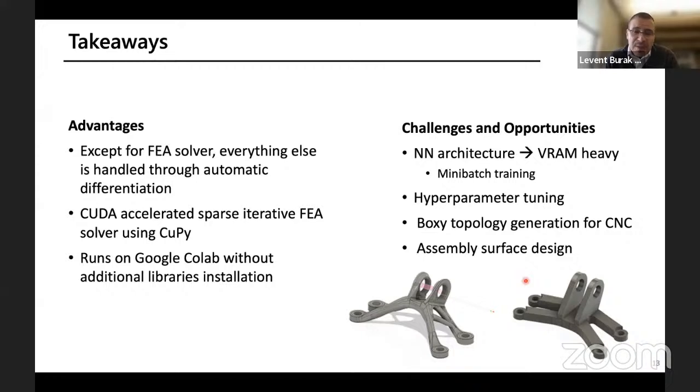Finally, assembly surface design is going to be an important part, where we are currently assuming that once these are disassembled and printed separately, you can actually easily join them. But that's still not physically 100% accurate, because you have to consider, how are you going to join these? Is it going to be welding? Are the material properties going to be consistent with what you have assumed, and so forth. But nonetheless, this gives the designer, I think, a good start into thinking about how to partition the space and optimally create each topology to minimize the support structure.